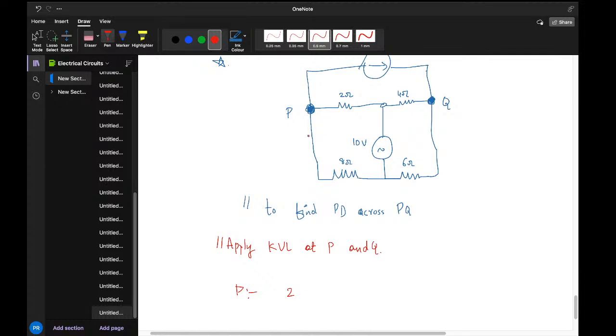Since the direction of current is this side, it's flowing inside the node P, and out here it flows outside the node Q. So it's a 2, then it is these two nodes now. So it is 10 volt minus the voltage across P divided by the resistance which is in between, that is 2 ohms. This is amperes over here, and then we have plus